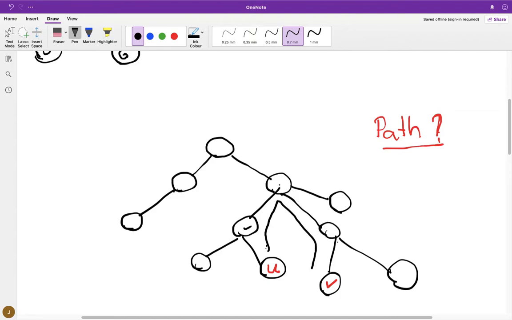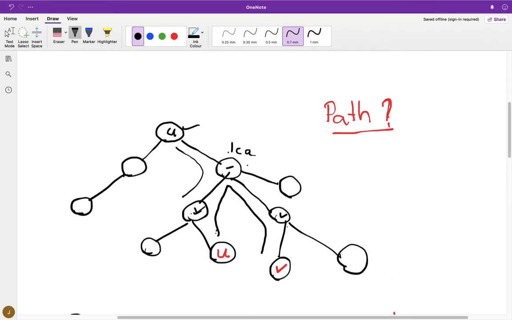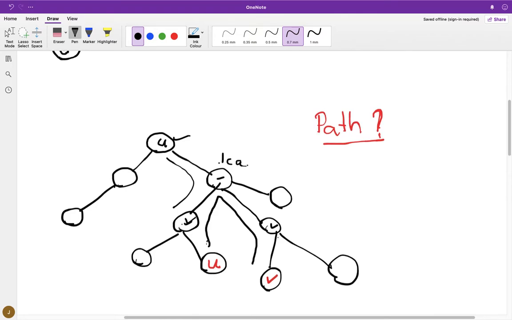These are the nodes that are on the path, and among these nodes this is the LCA. You can take any two nodes in this tree and you can see that the path connecting those two nodes will go through the LCA. Say if this is my u and this is my v, then this will be the path, right? And what is the LCA? The LCA is u itself. So no matter which two nodes you consider, the path will always go through the LCA.